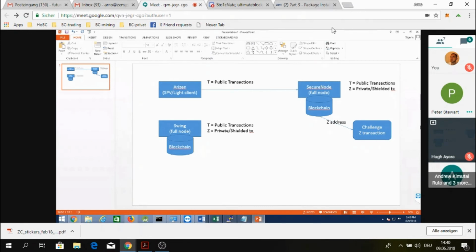It's clear. Just so you know, the reason why Arizen can be so light, such a small application, you just download it, you don't need a blockchain, is because what it's doing is connecting to a node. Every time it sends any transaction, even a public transaction, it's creating the transaction hash. It's just code at the end of the day. You just need to know the parameters. You can build a transaction as a JSON file, essentially a collection of data, and broadcast that data out